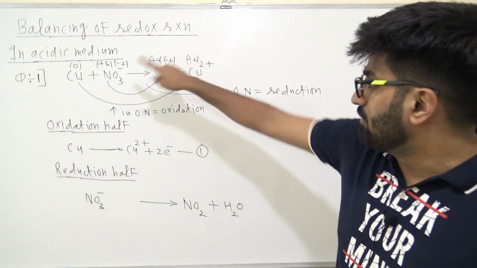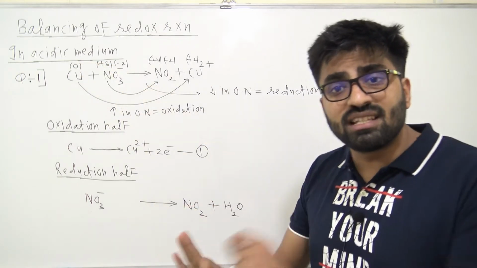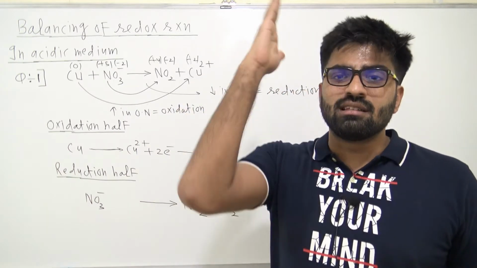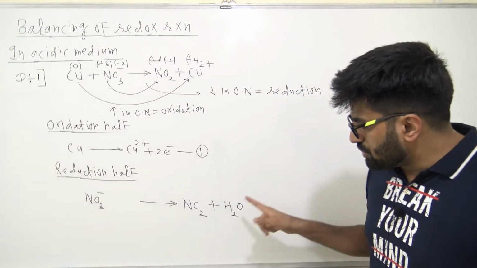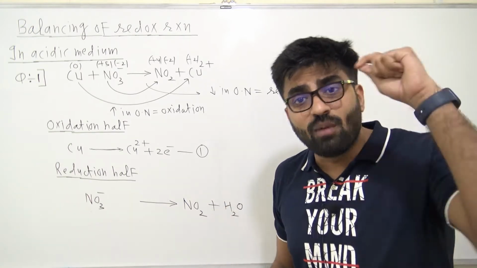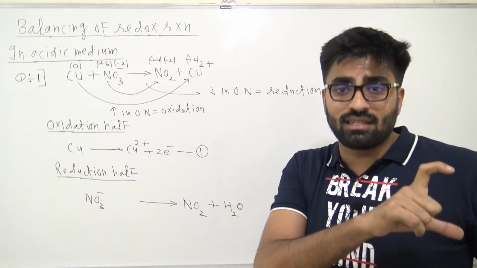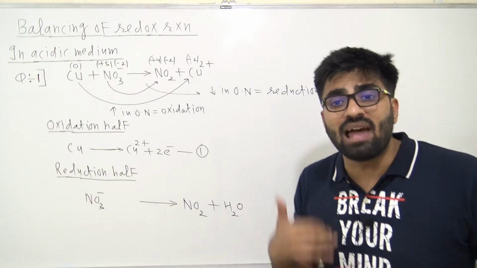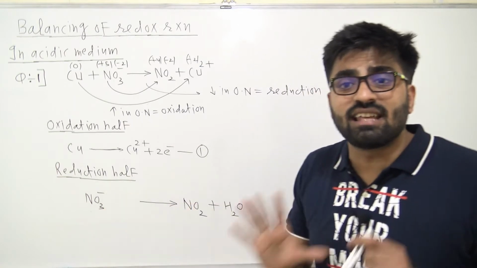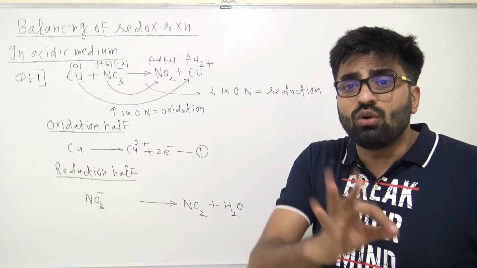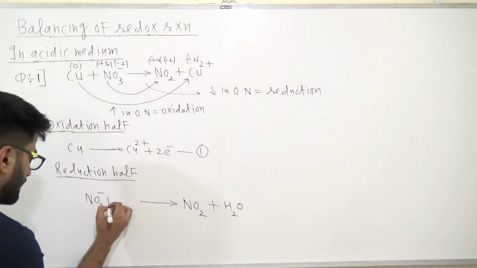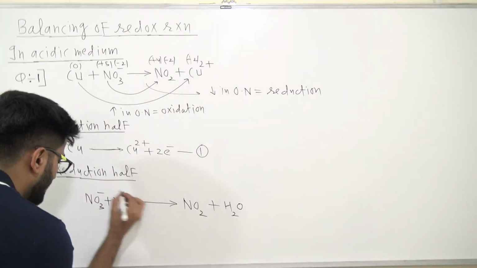Now which kind of medium is it? It is mentioned we are balancing in acidic medium. After balancing oxygen, we need to balance hydrogen. There are 2 hydrogen. In acidic medium, when you balance hydrogen, we add H plus. H plus means acidic medium. The reactant side has 2 hydrogen less, so in the reactant side I need to add 2H plus. So we have added 2H plus in the reactant side.